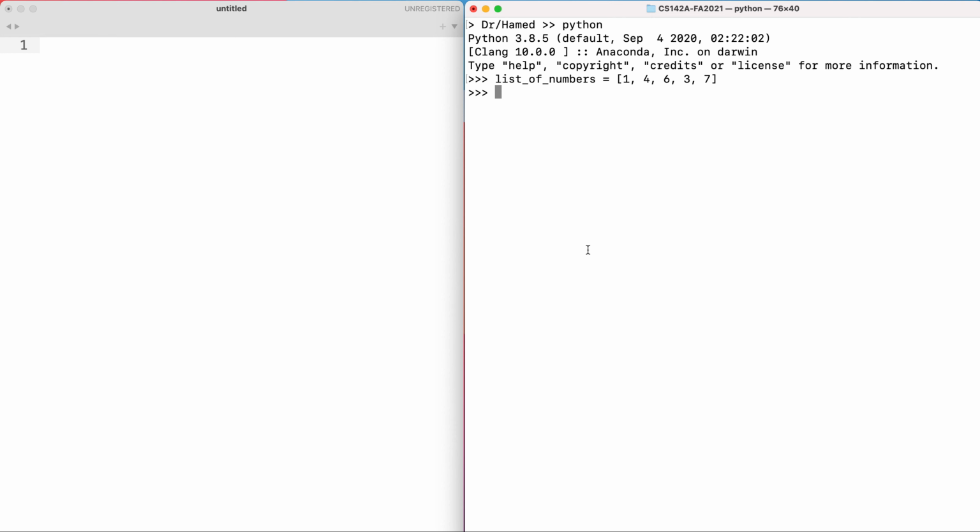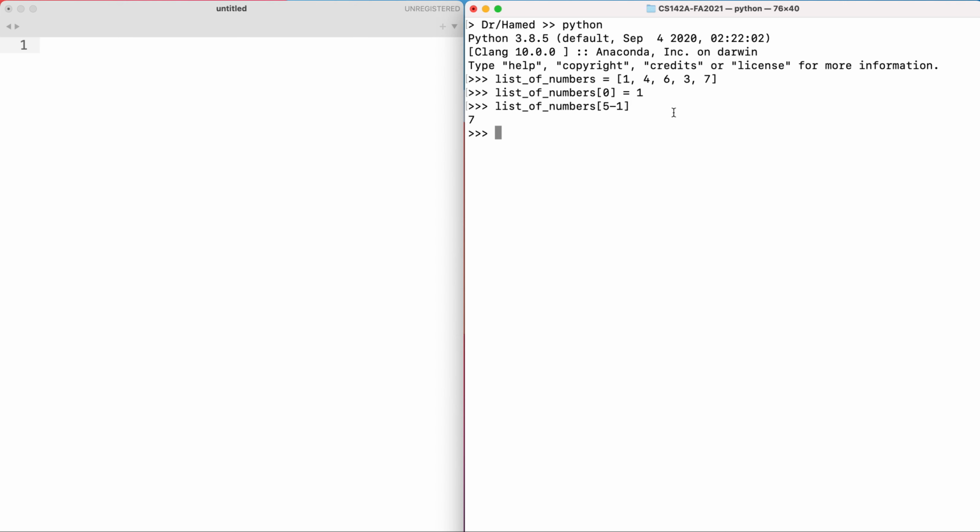Okay, we basically said that a list is zero-based, which essentially means it starts with zero. When you specify the zero position using the square brackets, it gives you the first element. And since you start with 0 here, the last element is going to be the number of elements minus 1. So this is going to be 5 elements minus 1. That should give me 7. So if I put here number of elements is 5 minus 1, like that, that is going to give me